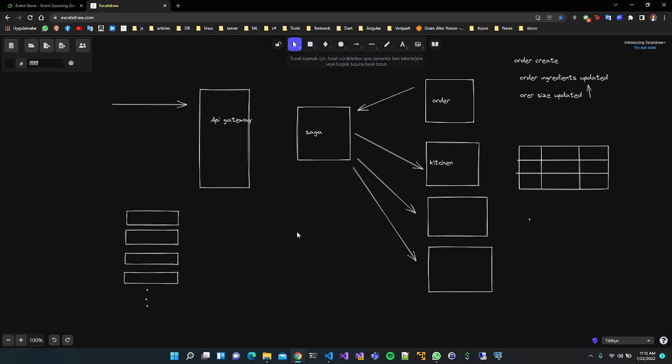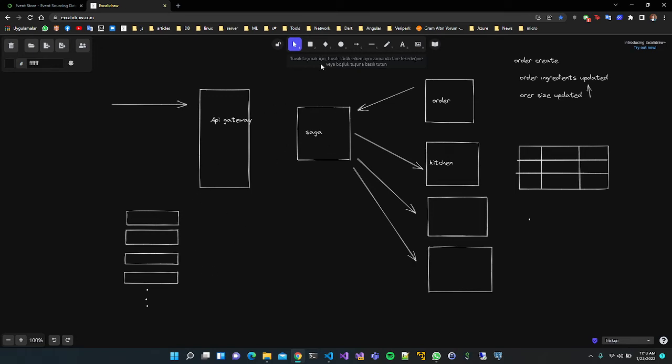Okay, you can say we can keep the events, but how about if you want to create the current object? How can I get the current state of the order object?